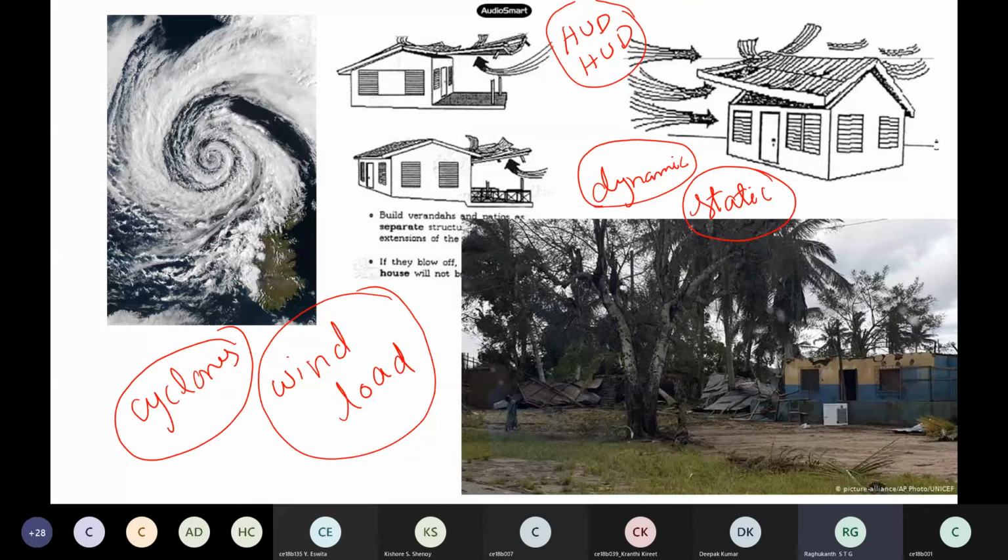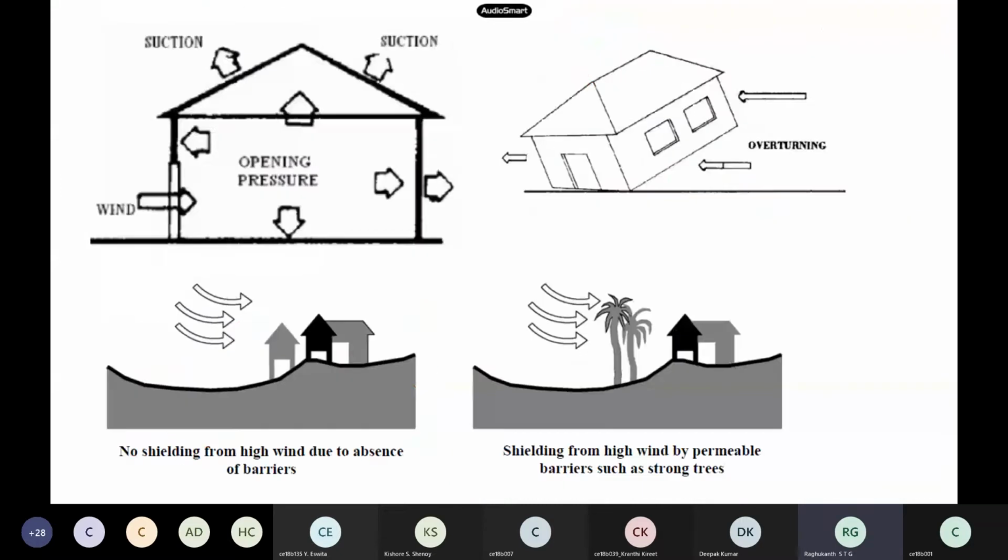This is a problem nowadays, so buildings are designed for wind or for these cyclones. This is a very important thing if you are residing in coastal areas and places where there is a chance. Whenever there is a cyclone, the verandas, the roof, and other things go away because of the huge wind speeds. Now let us see how to calculate this wind load. I will just brief you.